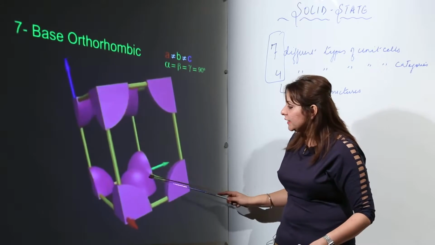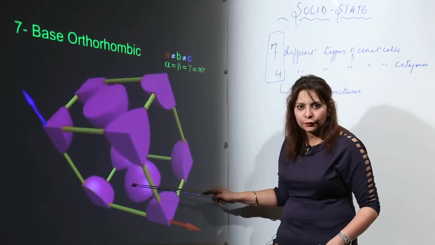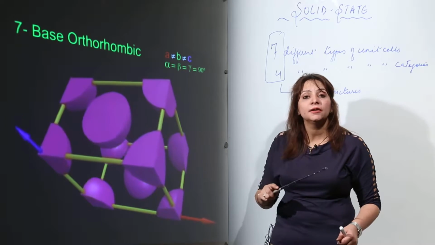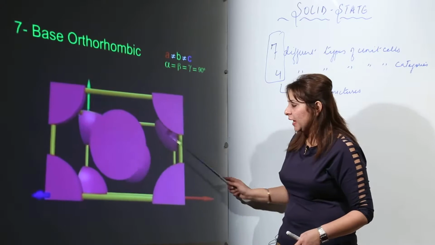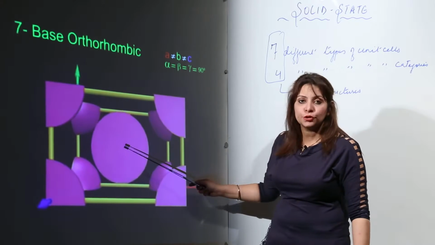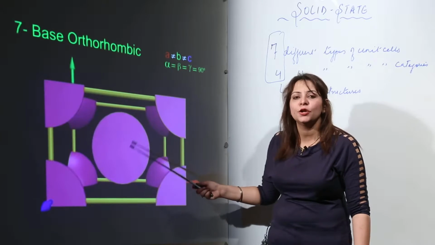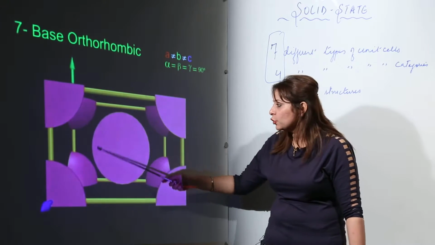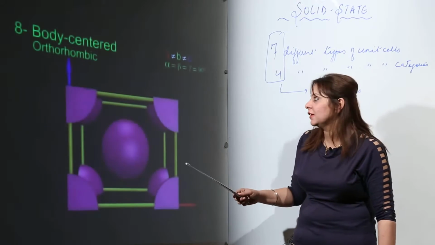So on any of the two parallel planes, the particles will be present. And as you can see, these particles are exactly half. The corner ones are 1/8, but these are half because they are contributing to the unit cell which is present adjacent to it, right. So this is what you will be having. And if I talk about the contribution, the corners are contributing 1/8. So how much is this one contributing? It is contributing half. That is why we have drawn half to it. So you get to see orthorhombic in a base centric form also.